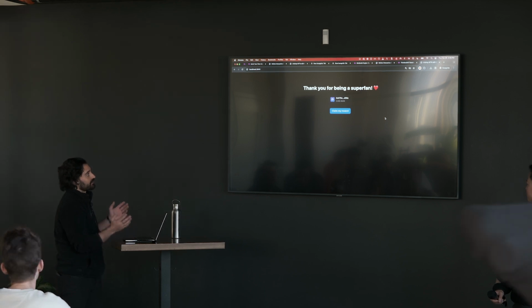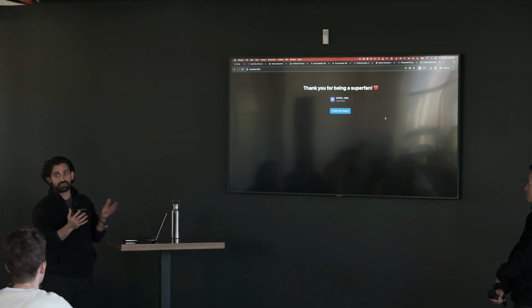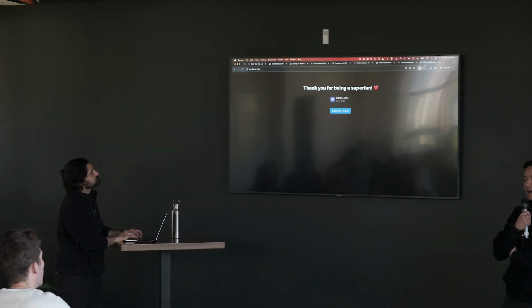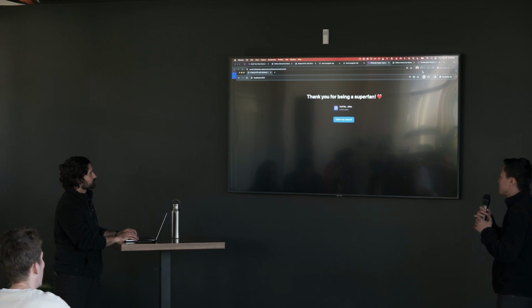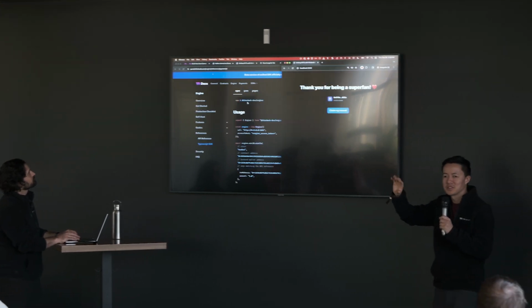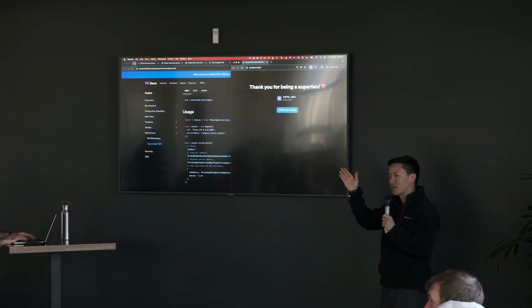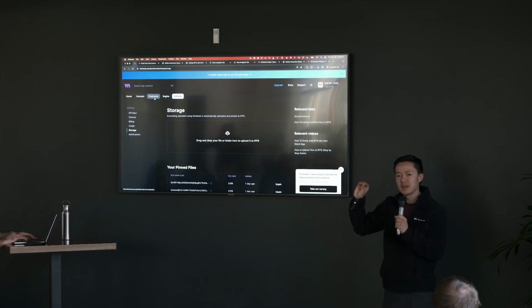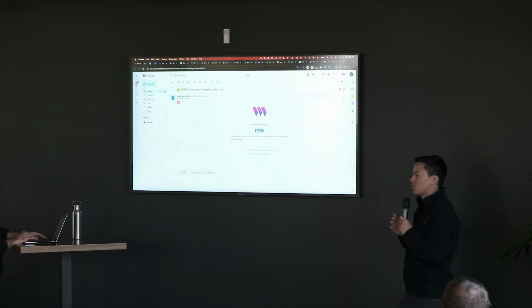All right, so now we're connected. That's a Web 2 experience, right? You put in your email address, you hit the thing, you put in your one-time password, you're good. We've even had customers completely hide all the Web 3 parts, like no Web 3 wallets. The button doesn't say connect wallet, it says sign in. Everyone kind of knows they have to enter an email, enter a code. There's plenty of apps we've seen where the user doesn't even know it's a Web 3 app underneath.